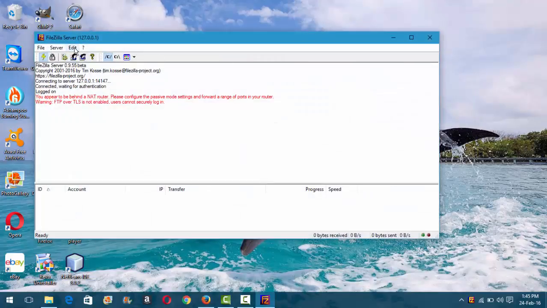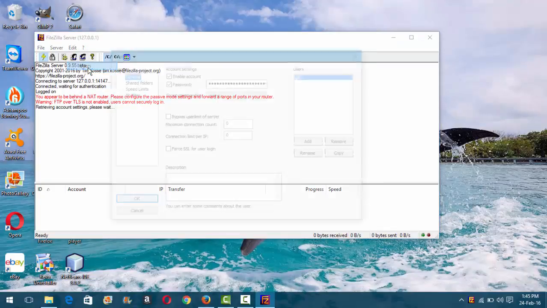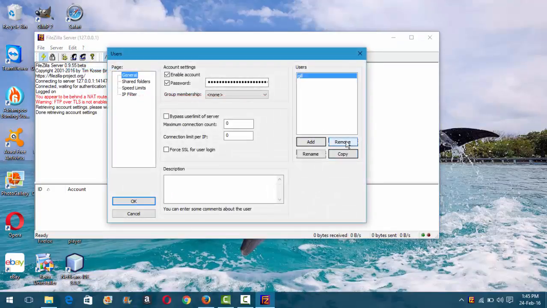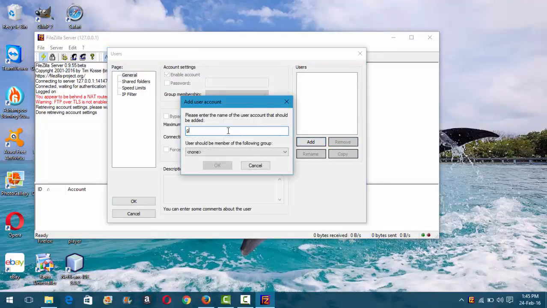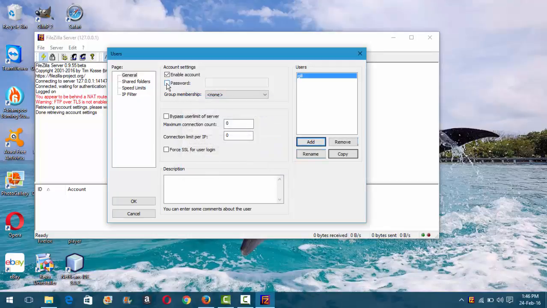Next, I'm gonna add a user, so I'm just gonna go to edit, users. I'm gonna remove this user I have. I'm gonna click add and enter a name. Click OK. Check the password box, enter password,